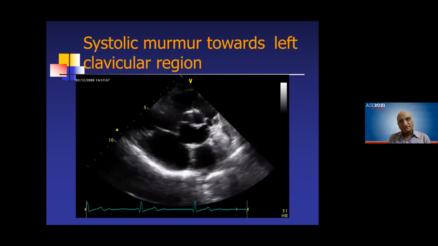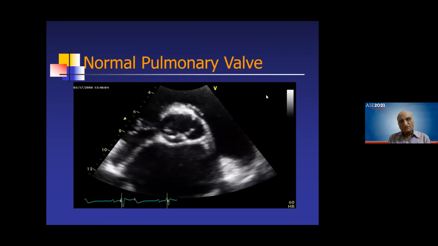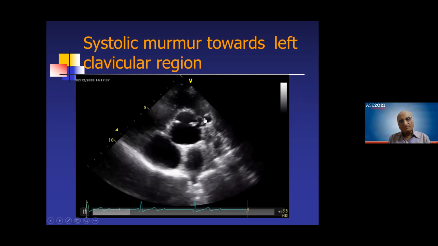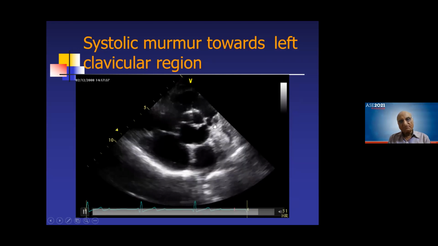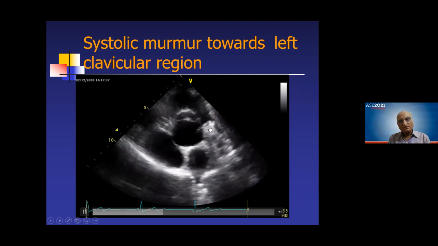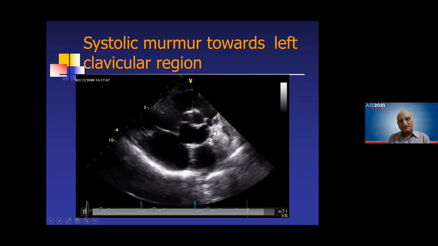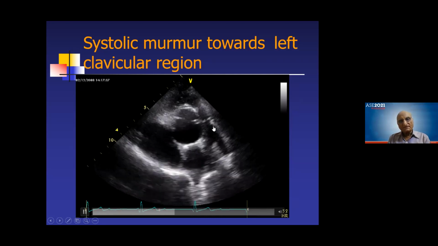You see there is nothing beyond the pulmonary valve. And here you see something just beyond the pulmonary valve, which will be seen. And this is the pulmonary valve, infundibular. You see there is a ridge or a membrane beyond the pulmonary valve, known as supravalvular pulmonary stenosis. So you must always look, like in aortic stenosis you always look in the subaortic region. Here also, the whole of the pulmonary artery can be seen.